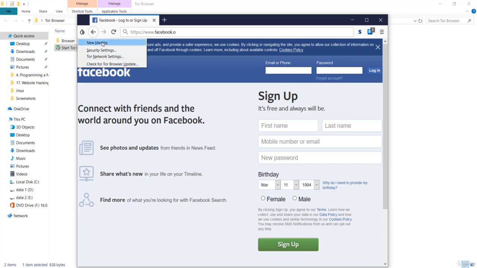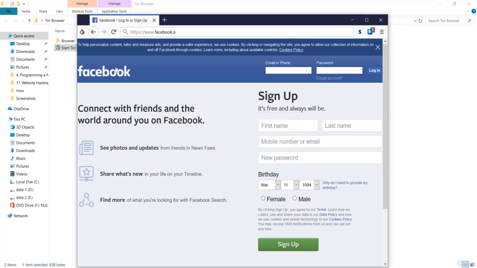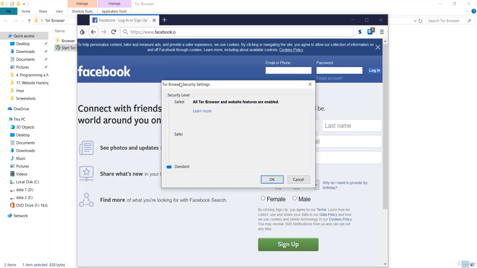If I press on New Identity, that means it is going to give us another identity, that is, a new network connection. We'll see about the connection in a minute, how this Tor onion route works. We'll see all of this mechanism in a minute, but before that, you can click on this New Identity. You will get the new identity, new connection, or a new circuit for your connection. And if I go to the security settings, you will get this browser setting over here.